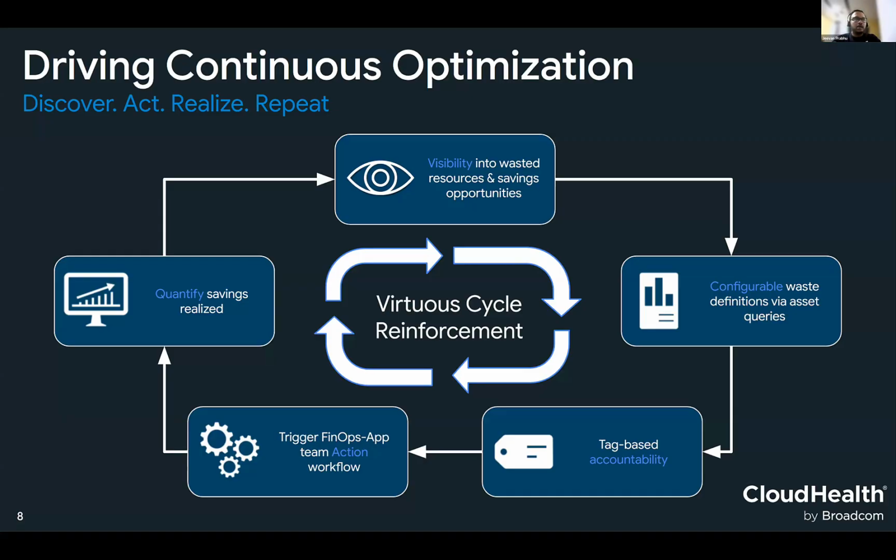So this theme we would like to extend in NX to a new experience in every context possible. Policy and actions come into play, virtual tags and perspectives come into play, and obviously we start with recommendations. That's where the context is, and realized savings tells us what we saved by going through this entire loop. So this is a central theme which we are following in NX, and I would like to go through this example with the waste identification, which is new, which you have not seen in the application, but you will be able to witness it very soon, and also be open for beta.